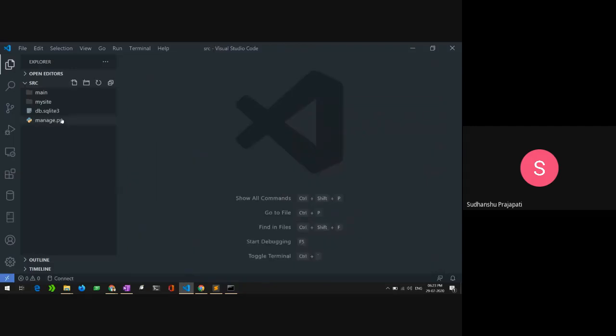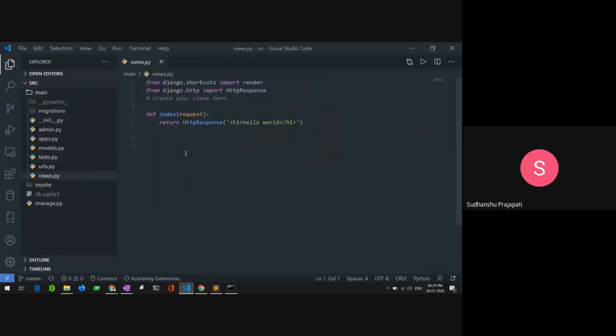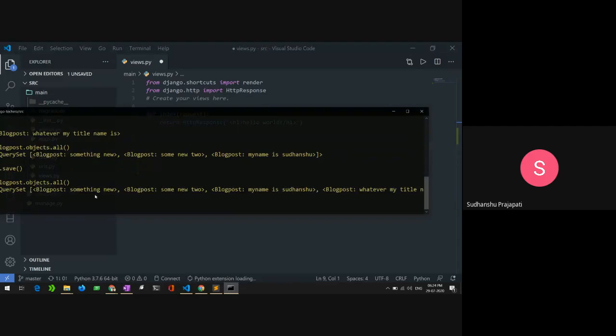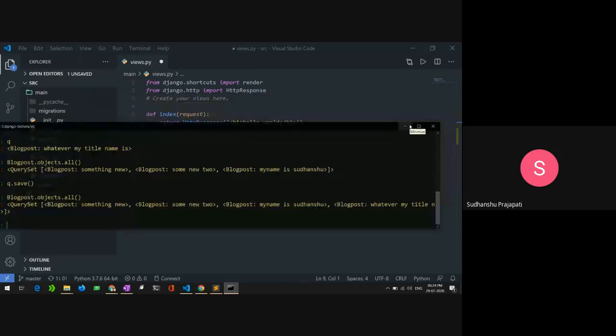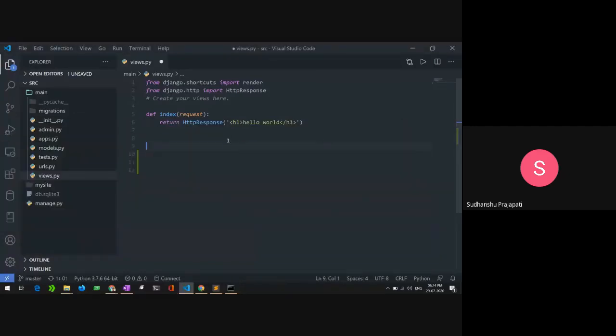Inside the main file, I will go into the index view, and I will try to fetch all the objects that we created inside the database, and all those things I will transfer to the HTML web page using my views, fetching the data from the database.